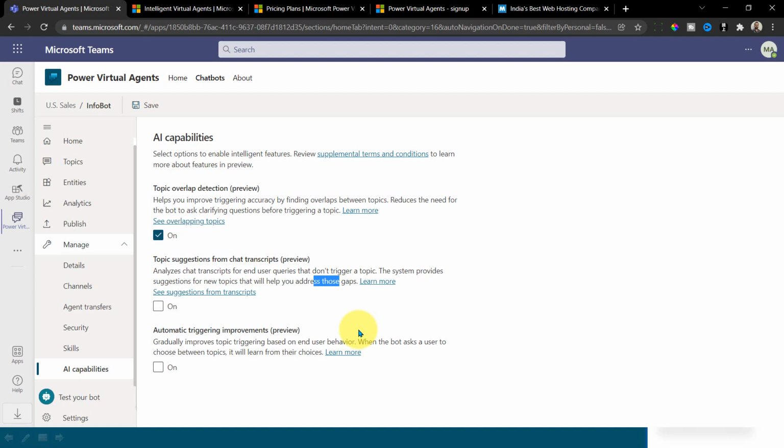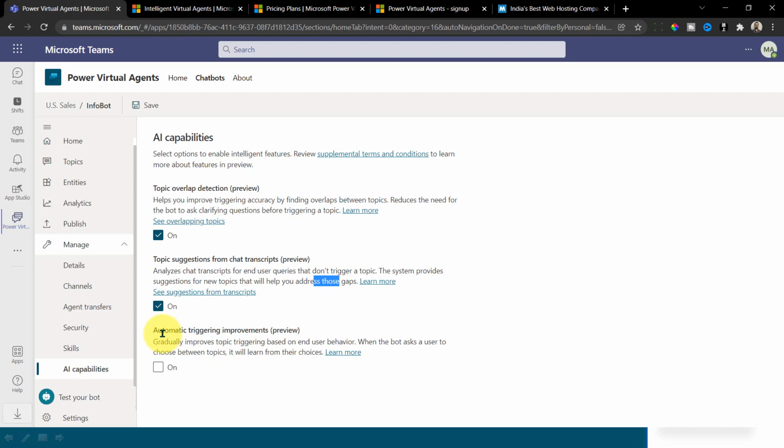If we have built a chatbot and some information is not available and the chatbot is not able to give the answer, then it saves what the user typed, and it will suggest we build topics related to the customer queries which are not available right now. So I'm going to turn this on also. These are all in preview right now, so hopefully they will become generally available as soon as possible.